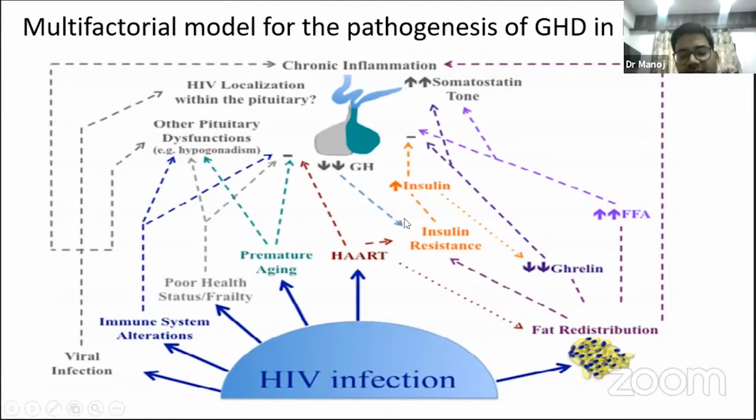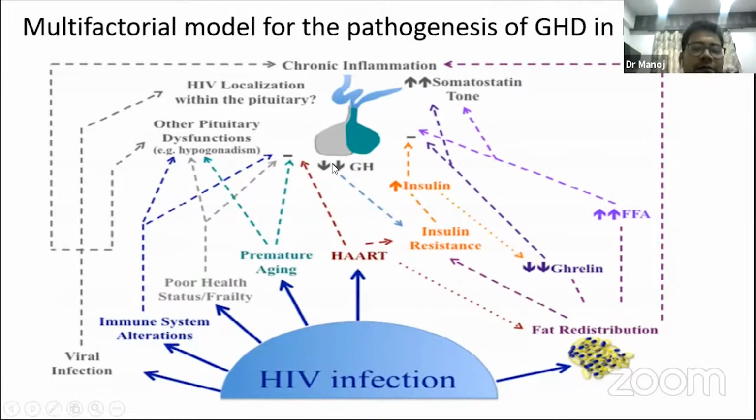But all of the etiology of growth hormone deficiency in HIV patients could not be explained by only the fat-centric approach. So they have proposed a multifactorial etiology apart from the fat-centric approach. HIV infection per se leads to alteration in the immune system, viral infection, poor health status, premature aging. All these will lead to a state of chronic inflammation, and along with other pituitary dysfunction, it will lead to reduced